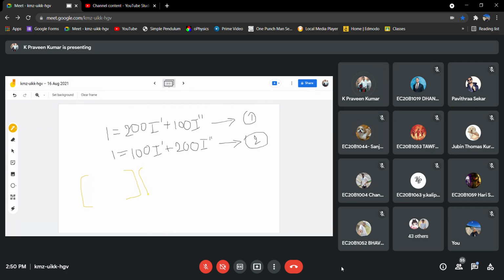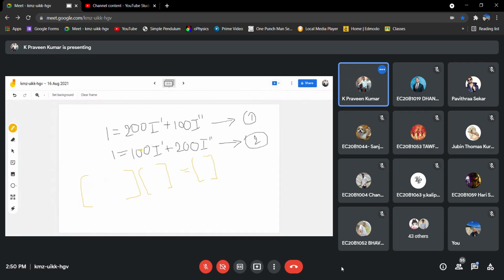Yeah, fine, correct. So you need to frame the matrix as something like this, right? How many equations do we need to solve? You need to solve two equations in two variables.